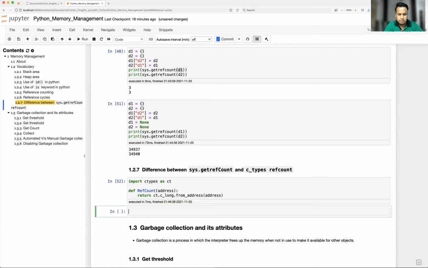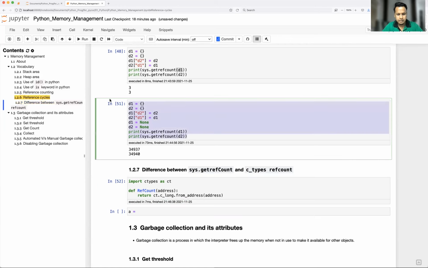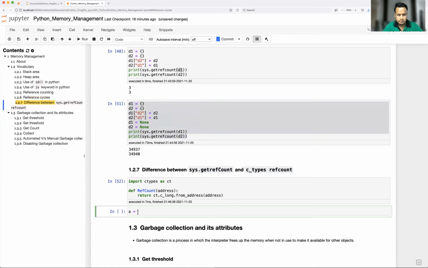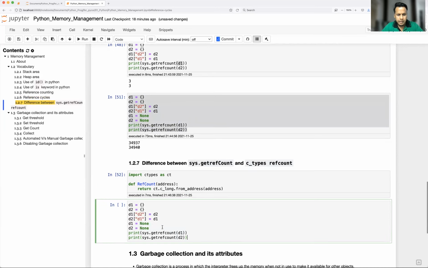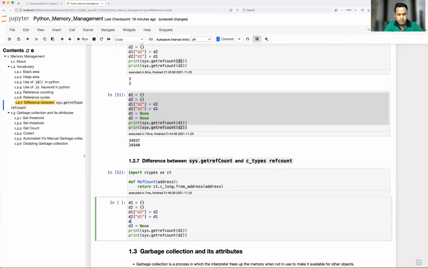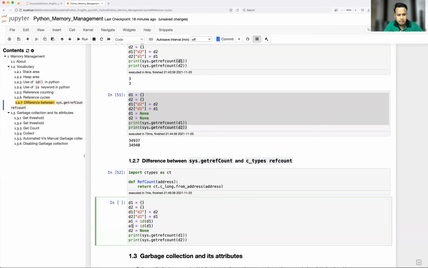Now let's get the count. I'll take the same example. Okay, and I'm going to take a1, which is nothing but the address of d1, that is the id of d1, and a2, the id of d2.